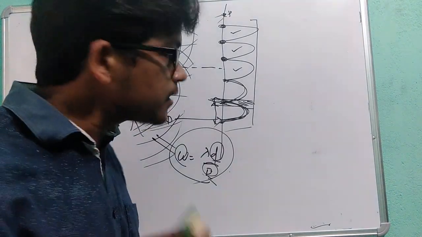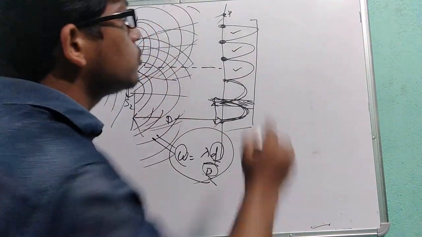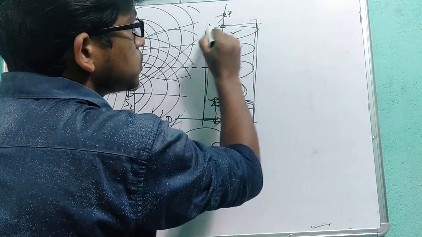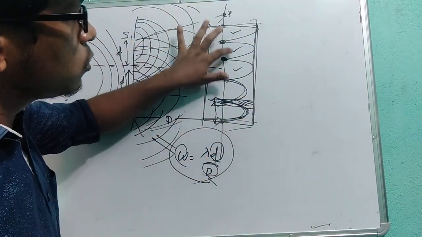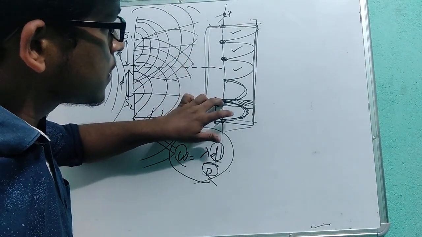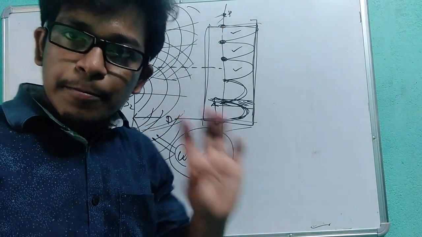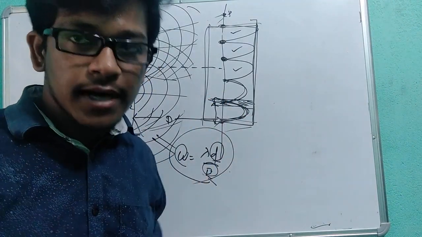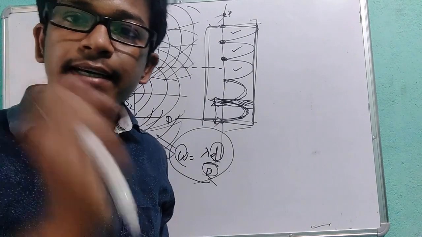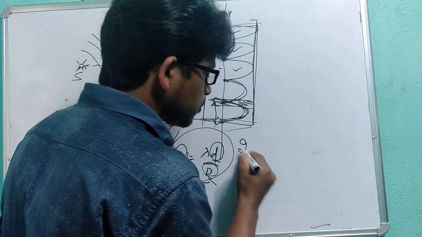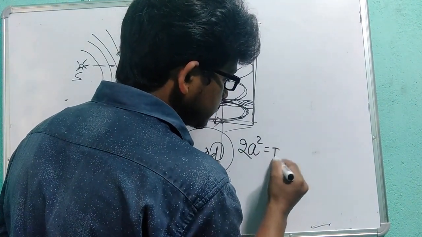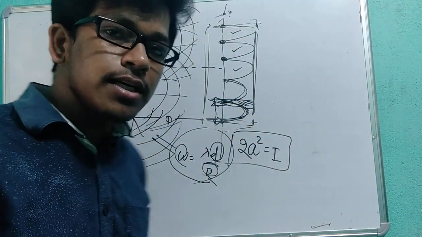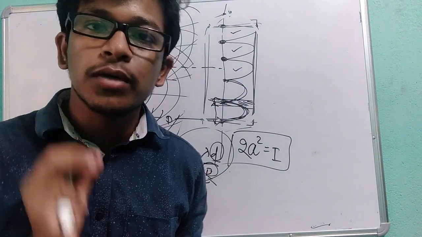So what is happening in the next stage? And one more thing I would like to say: suppose you are getting this many fringes, 1, 2, 3, 4, 5, 6, 7, 8, 9, 10. 5 light fringes, 5 dark fringes, so 10 fringes in total. We have a constant energy that we will calculate. The energy is nothing but 2a square. This total region is associated with a particular intensity, a particular energy.